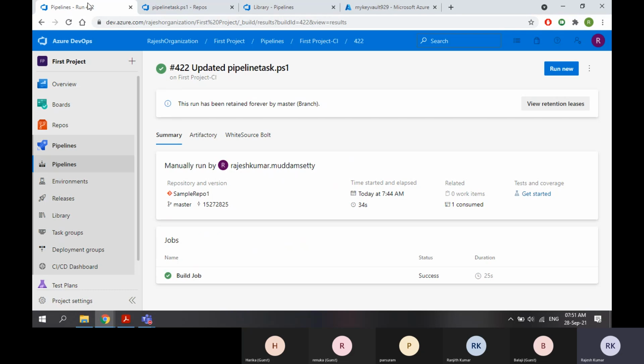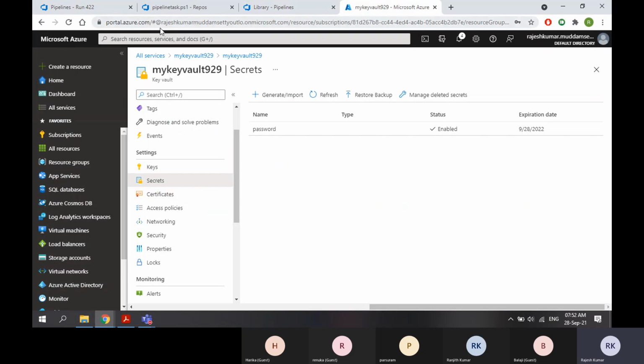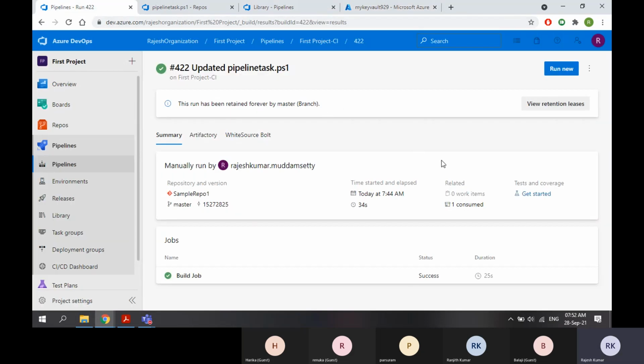So when you are using pipelines, how many ways can I use variables in pipelines? Either I need to create them within the pipeline or in a variable group. No, I want to create separately. Nowhere. I don't want to specify anything within the Azure DevOps portal. This is the Azure DevOps portal, guys. The URL is dev.azure.com. The Azure portal is portal.azure.com. So nowhere are you specifying your secret value within the Azure DevOps portal. You are specifying it in the Azure portal only. But you are linking both by using subscription details and the Key Vault service.